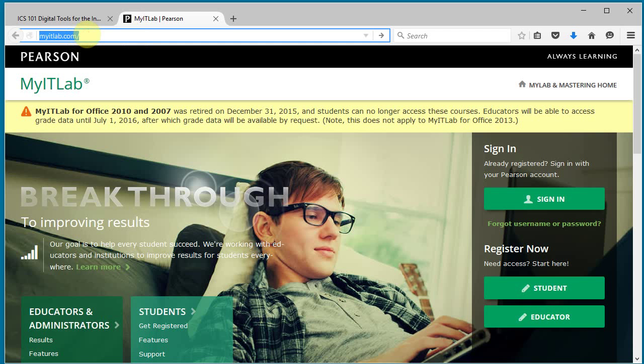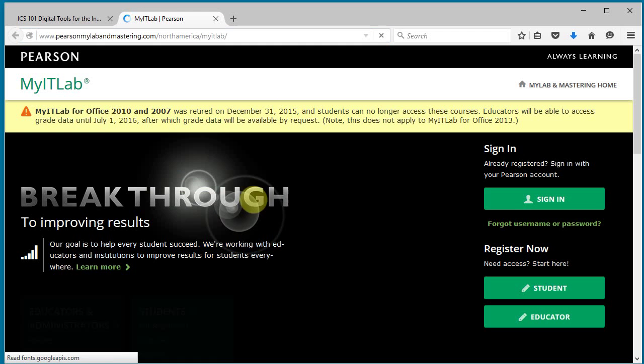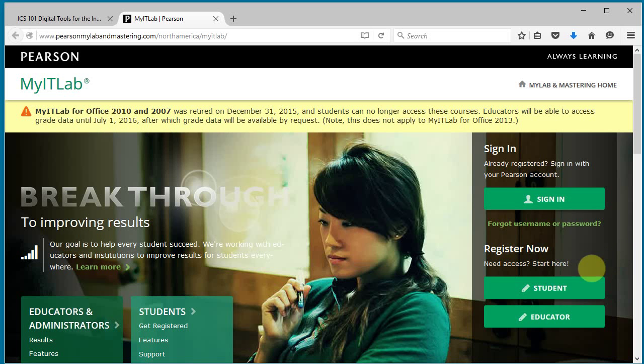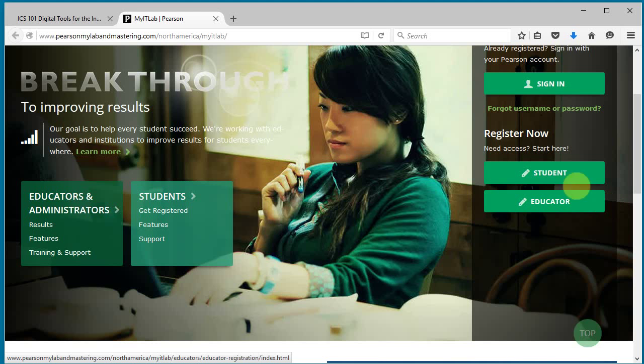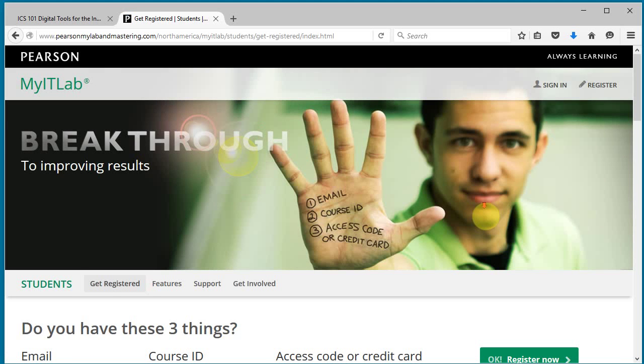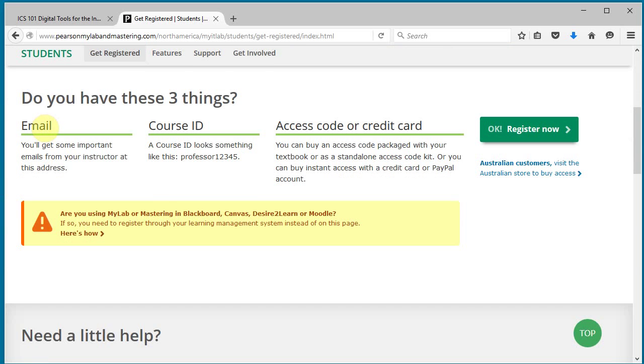We've typed in myitlab.com, and it looks like this. We're going to register for that course, register as a student, and go down here, and you need an email address and the course ID. And we're actually going to take advantage of a 2-week free trial period that you can get for every course. So we're going to do that now. Just click register now,